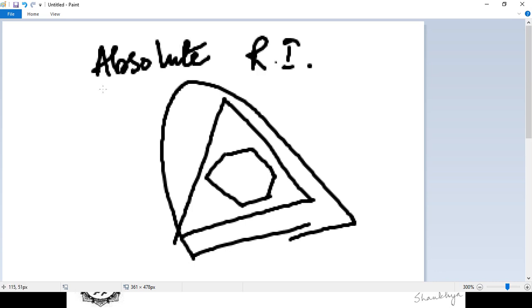This is your absolute rendering intent. So here what happens, all the outside gamut colors are brought inside the gamut by mapping, you see. But what happens is the white point